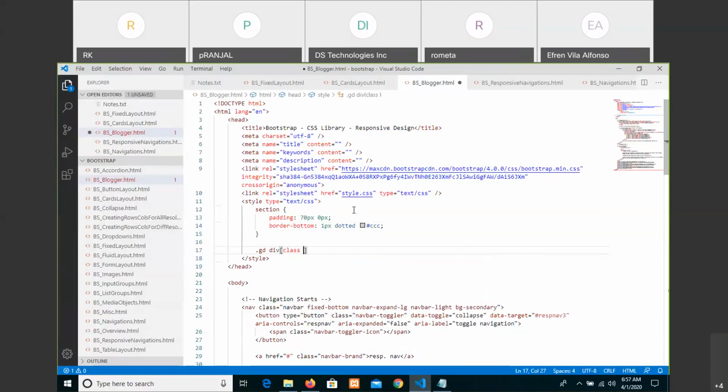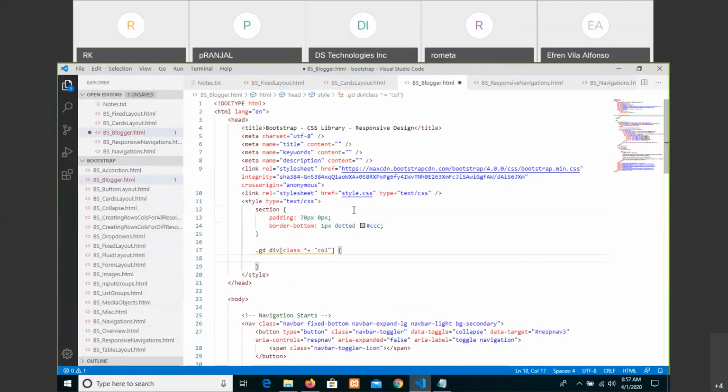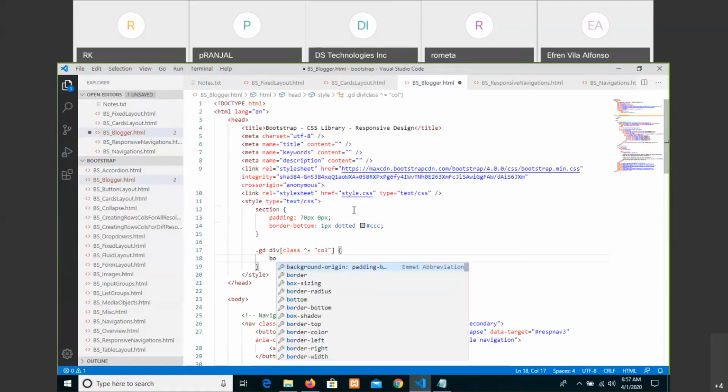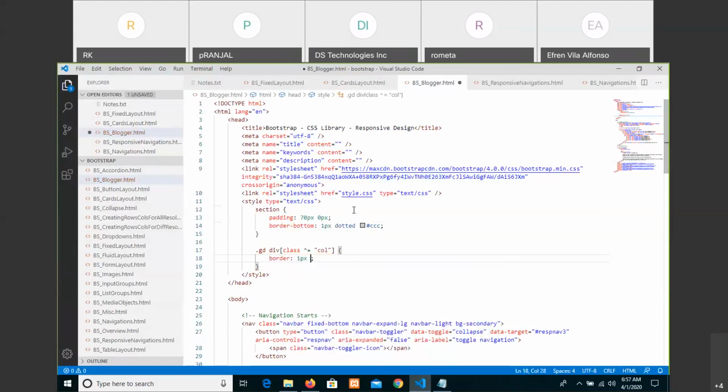Class, I mean, col, and here border 1 pixel solid,